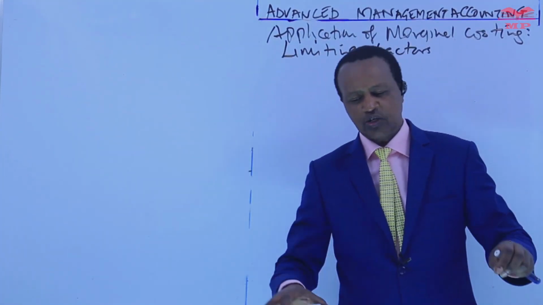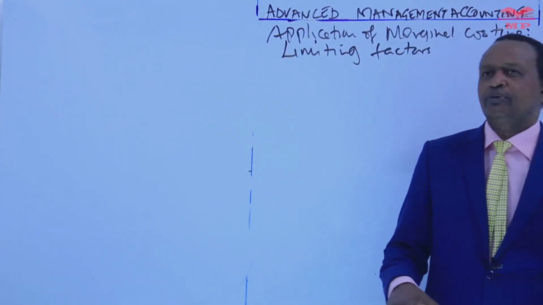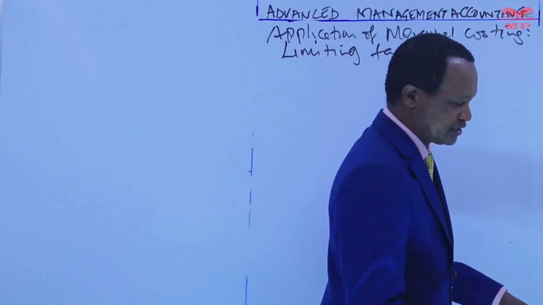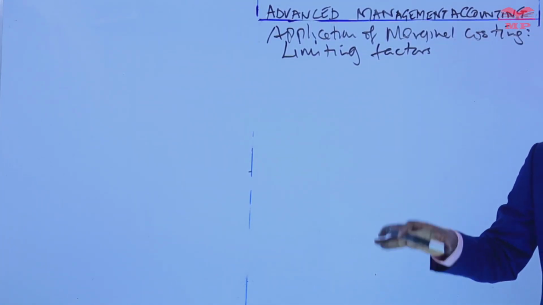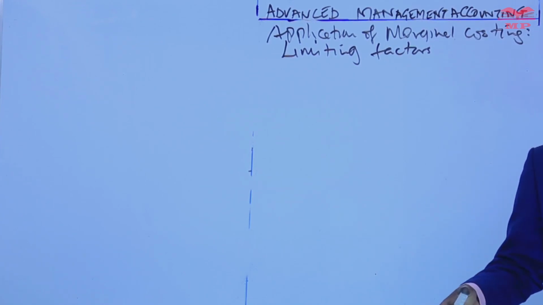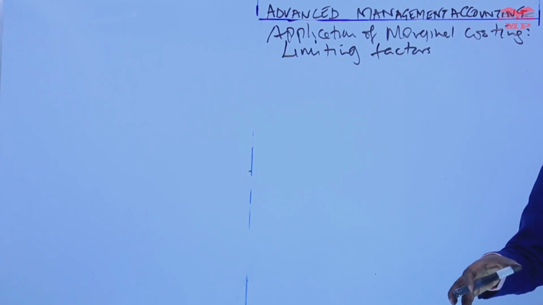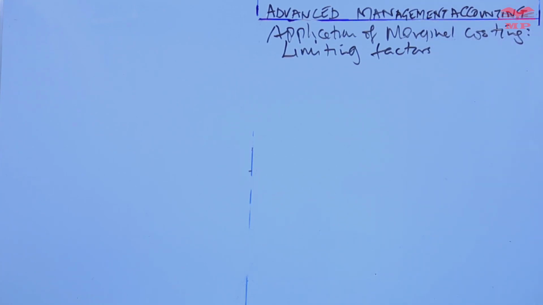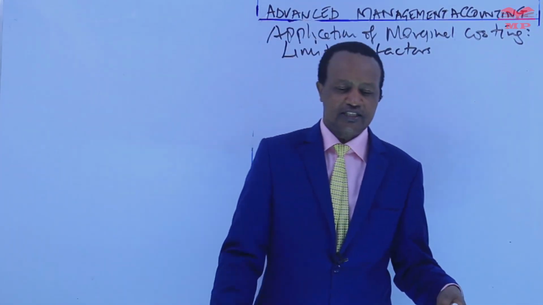So businesses face constraints or limitations on their resources, be it labor hours, materials, overheads, direct expenses, land, buildings, all the assets that are required to do business are always limited. And this could be limitations on machine hours, labor hours, raw materials, or even sales demand. There could be a limit on people who are willing to buy your services or products. And in such scenarios,